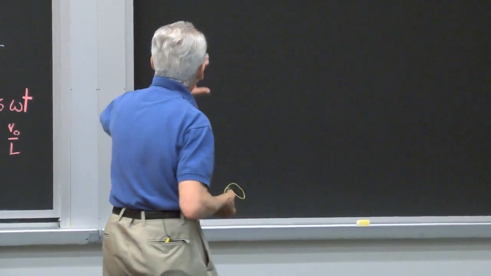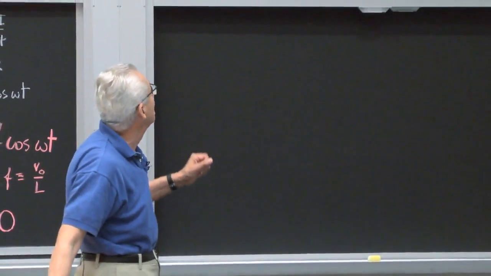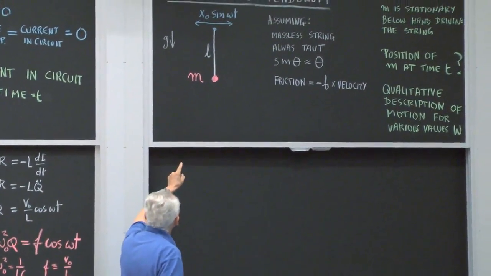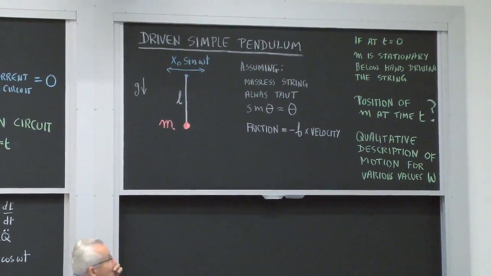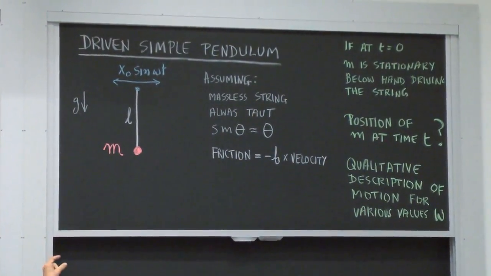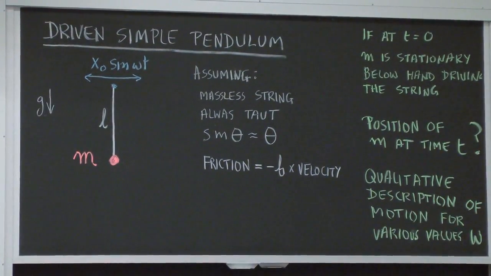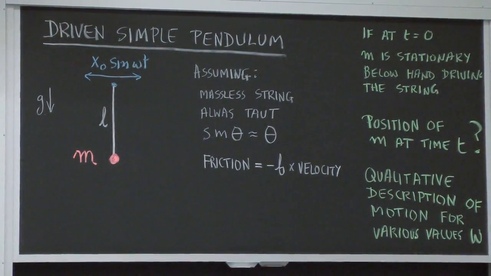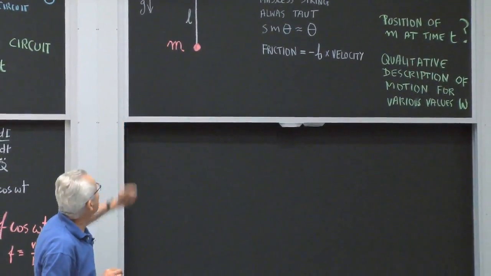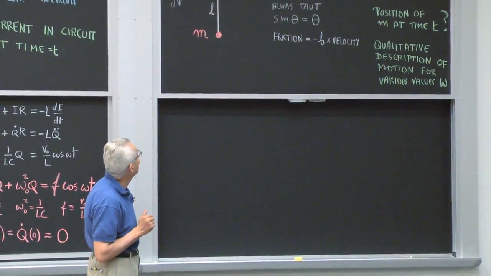So let me tell you very precisely what is this idealized situation which I am trying to solve and predict what will happen. So I have this ideal pendulum. It has a length L, mass m. It's in the vertical plane, gravity is down there. At one end of the string, I will be moving my hand in perfect sinusoidal fashion. It will have an amplitude of x0 and angular frequency omega, so it's x0 sine omega t.